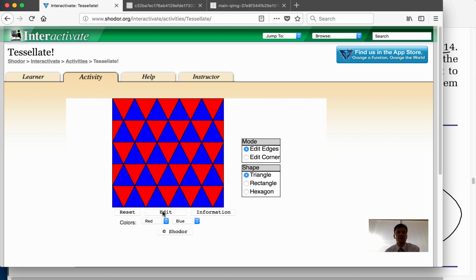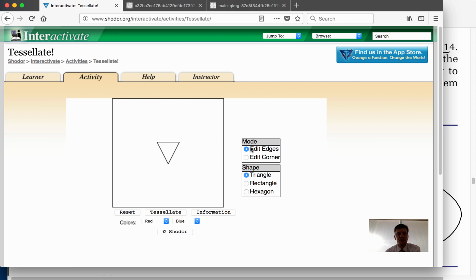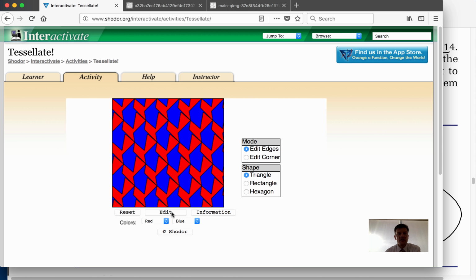But it'd be nice if you did something a little more creative, and you could reset this, and then you can edit this triangle. So you could edit the edges here. So you could grab an edge and make it twist and turn a little bit. Grab another edge, make it twist and turn a little bit. Okay? So really it's a triangle, but you just kind of bent it. Now if you take that same triangle and we choose maybe the same colors, red and blue, that's fine, and I hit tessellate, you'll see it'll automatically